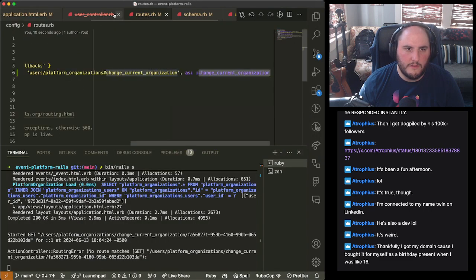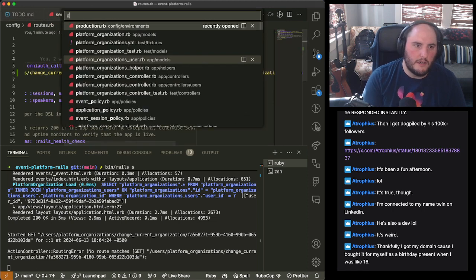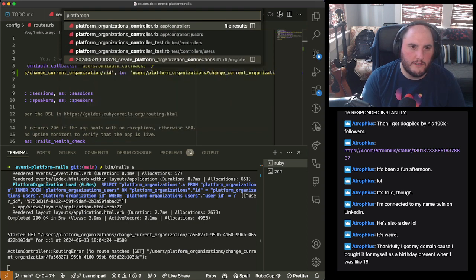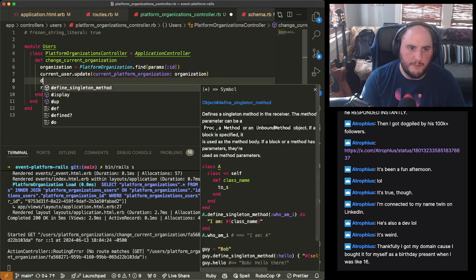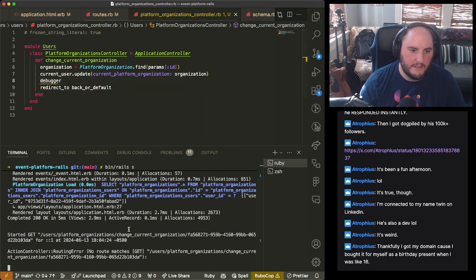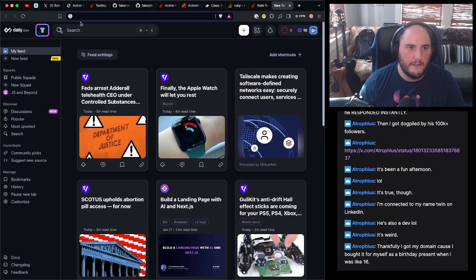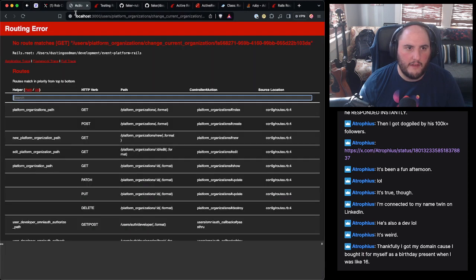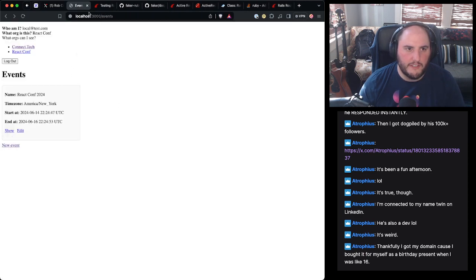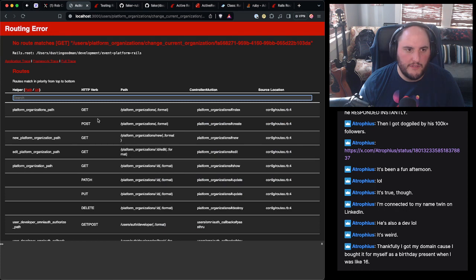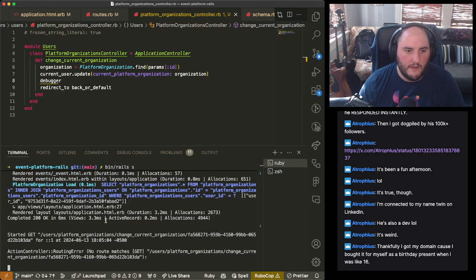So let's check out what's happening real quick. I have a feeling if I come into our platform or controller inside of users, if I put a debugger right here, I bet you we got to here. And this hasn't been a problem. So if we come back, we do a refresh, and we do this, it is actually saying no route found.